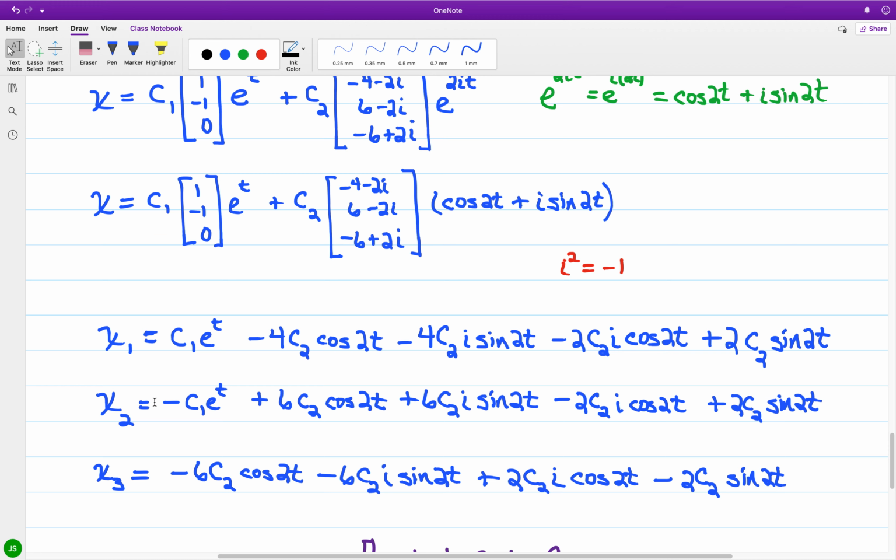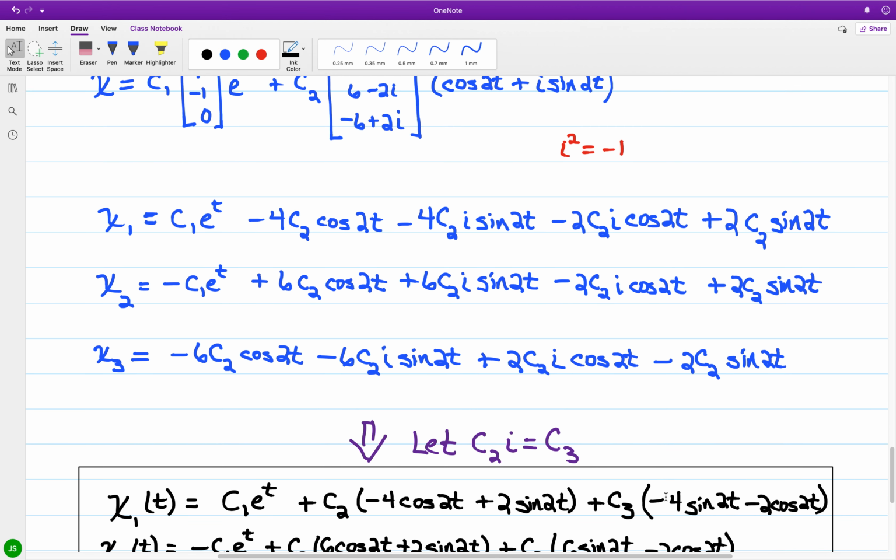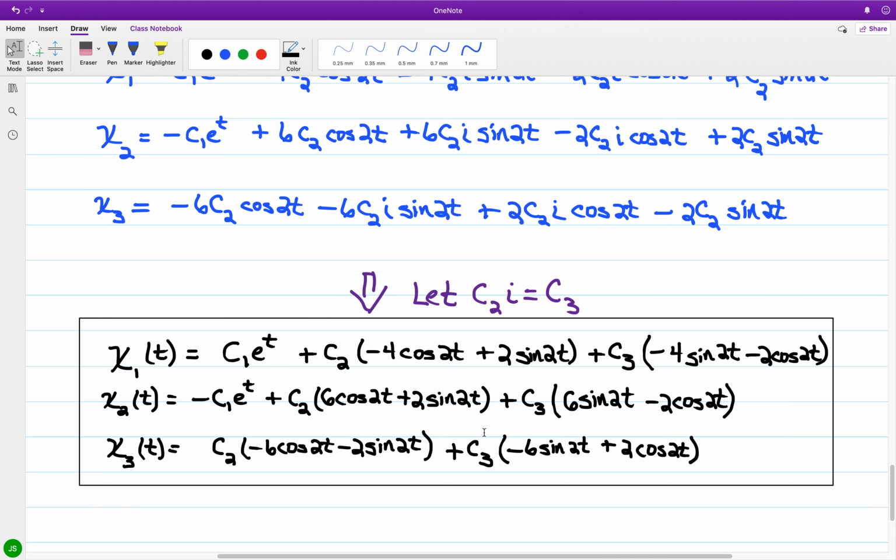Middle layer, we have our x of 2 terms, so we have negative c of 1 e to the t, and distributing, foiling out what we have throughout, and distributing c2 over, we have these subsequent terms to follow. Likewise, with x of 3, there's no c of 1 term, so everything comes from c of 2. And for anything that has c2i, we'll let this be a third coefficient. So if we let c2i be equal to c of 3,